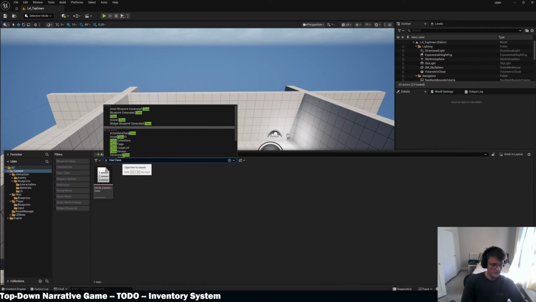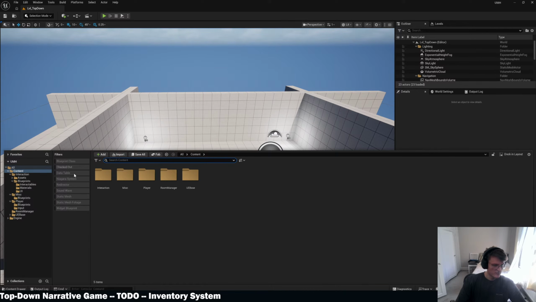Use class. Use item class interaction. Blueprints. Okay, cool. Anyways, maybe you should move St Item into here, maybe. Yeah. And then we will